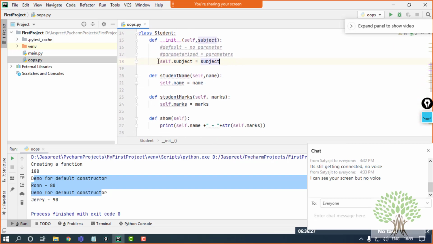Okay, now this is done. I need to use the parameter that I have passed in the constructor in my function over here. I want to use it directly in my show function. So I'll come over here and say self dot subject. Using the self attribute only, I am able to access it.